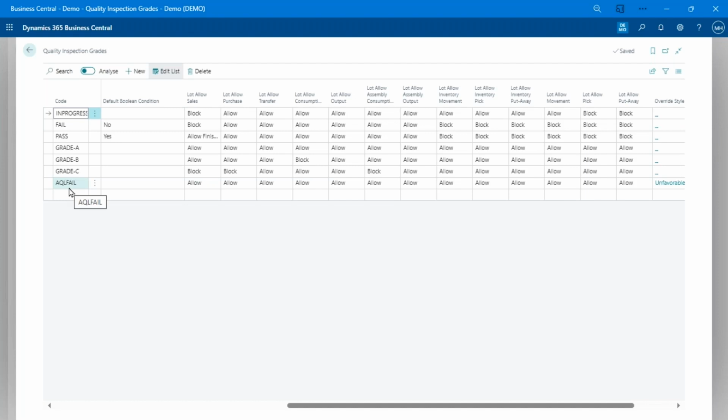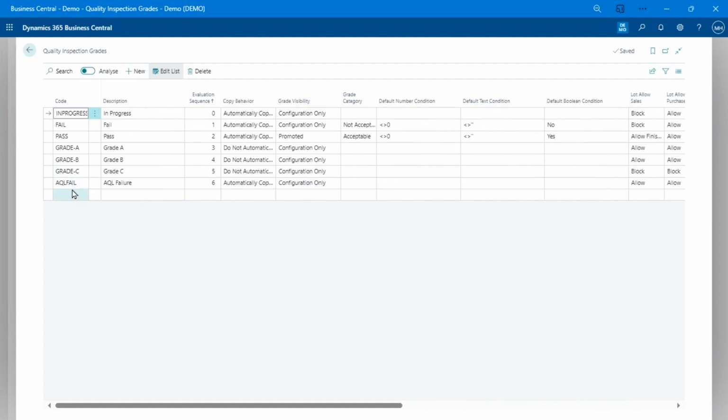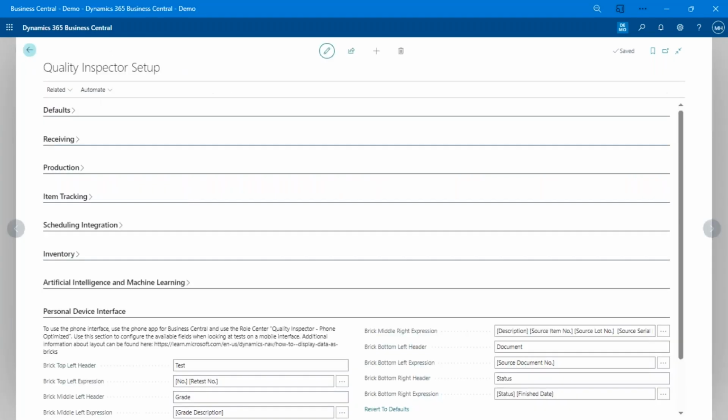So if one sample fails in my acceptable quality limit configuration, maybe I've got 20 samples I need to do, and one of them is a critical failure or something like that, that'll immediately fail the test, and I don't have to do anything else on that test because we've hit a critical failure. So we have that ability to terminate tests early as well if there's an issue, like a really bad issue with the sample or something along those lines. Okay, so that's the grading.